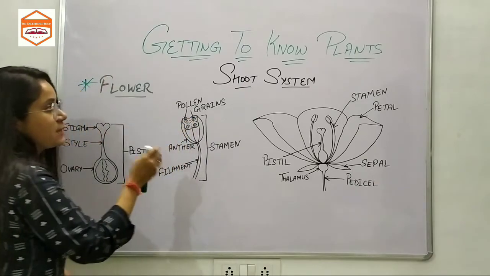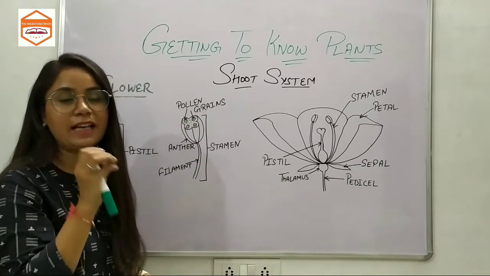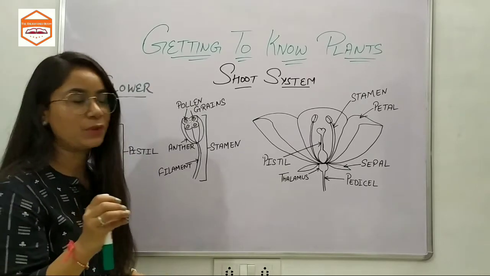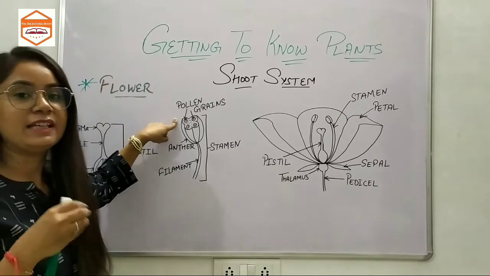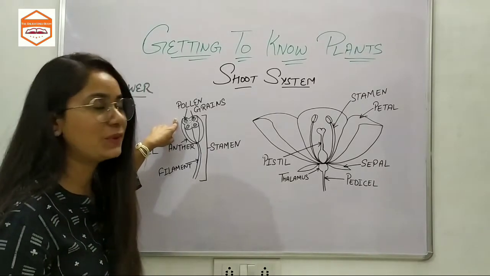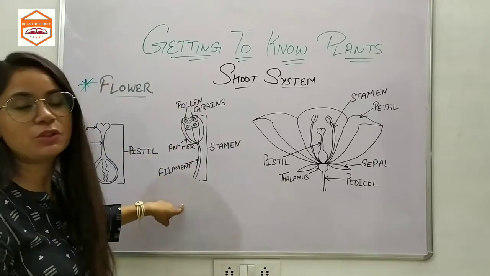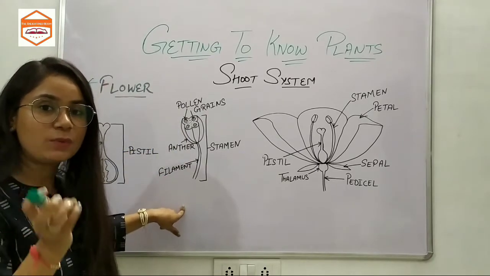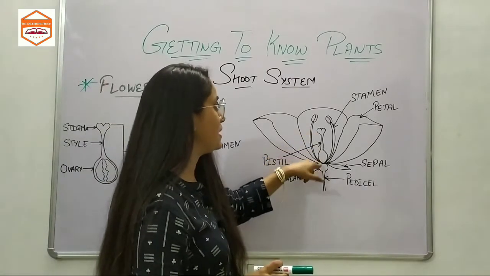In these pollen sacs, pollen grains are found, which are dust-like, yellow particles. These pollen grains are responsible for the reproduction of the flower. But how do they do it? Because actually it is the male reproductive part of the flower. Then we also have the female reproductive part of the flower, which is the pistil.